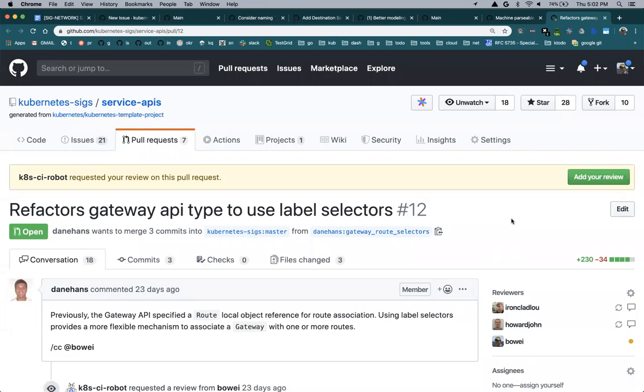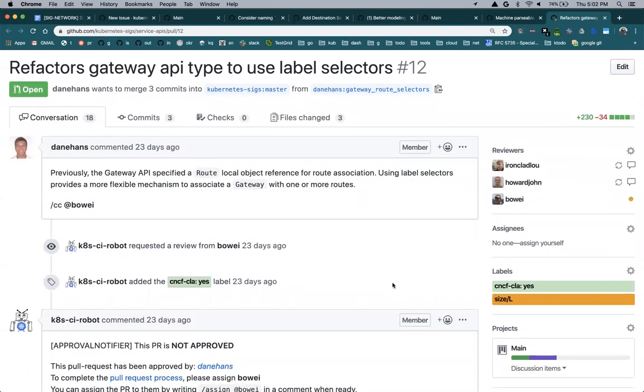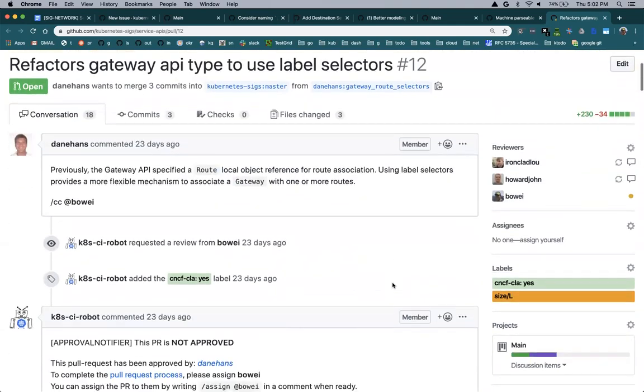So this is another big topic I think we should open up for discussion. This is basically what is going to govern the selection of routes with gateway. This is a specific way to do it, and I think at KubeCon we did discuss opening it up to selection versus explicit. So I wanted to get people's thoughts on this.